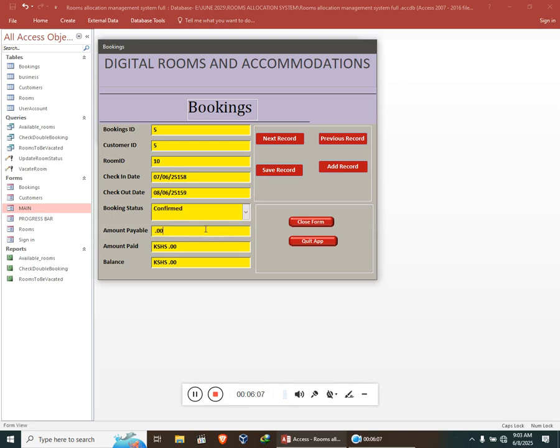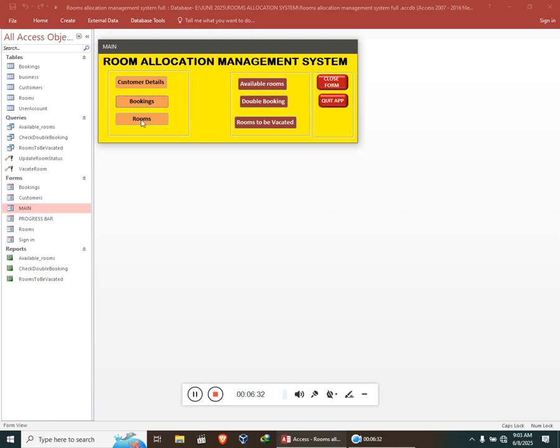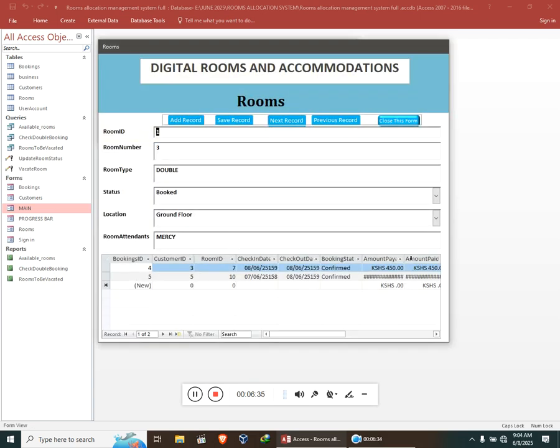Then booking status was confirmed, and this guy paid 78,000 Kenya shillings and was supposed to pay around 65,000. So the system will show you the balance. The balance should be 13,000, and then you confirm by saving the record, and then you can now cross this one. So again, when you now go to the rooms here, guys, you realize that you'll be in a position to see the kind of